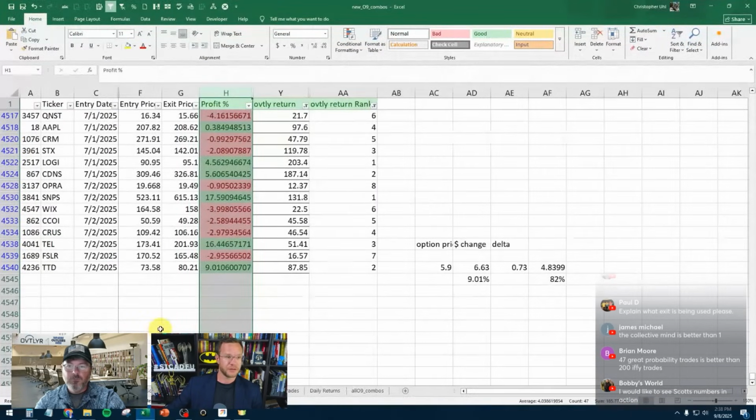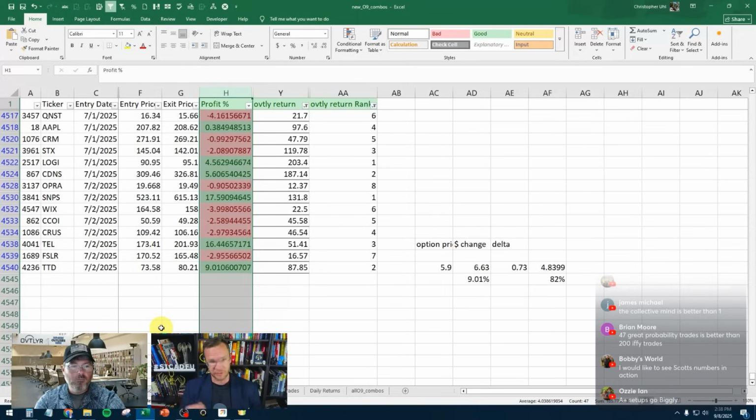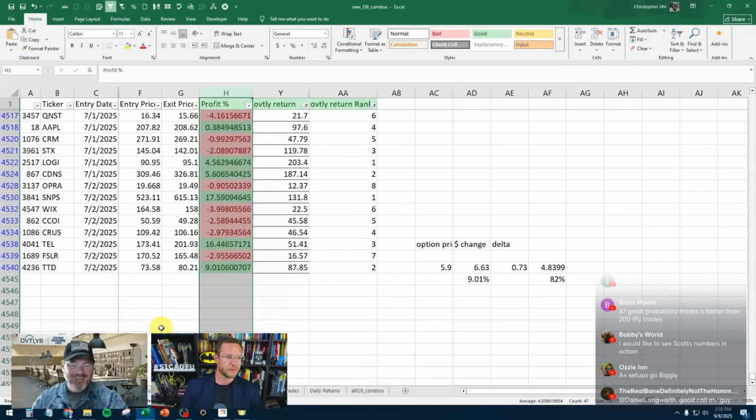The problem here is that most people can't do this, right? What we're trying to teach you, what I'm trying to show you, is not normal. If you want normal returns, 8% a year, 10% a year, go put it in the SPY. If you want abnormal returns, you're in the right place. I'm in for abnormal, man. Let's do abnormal.